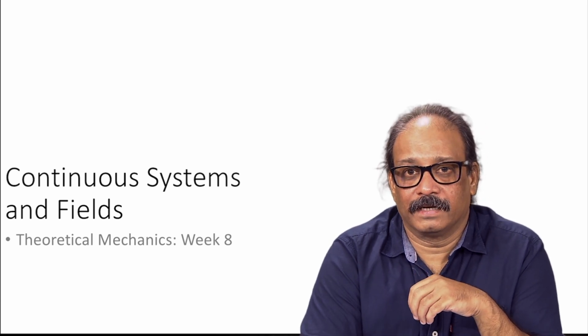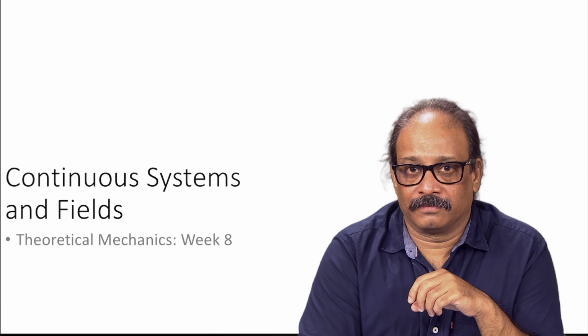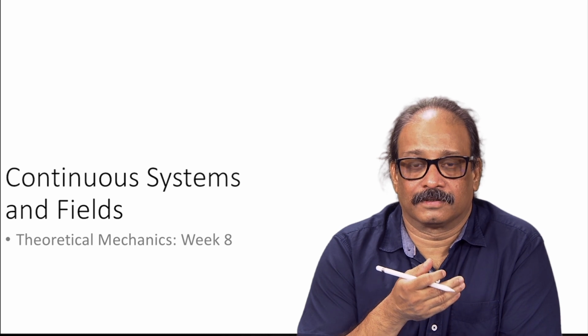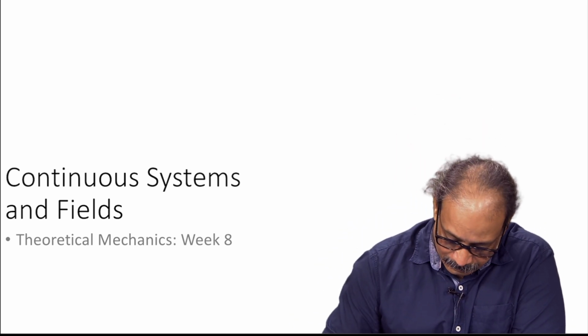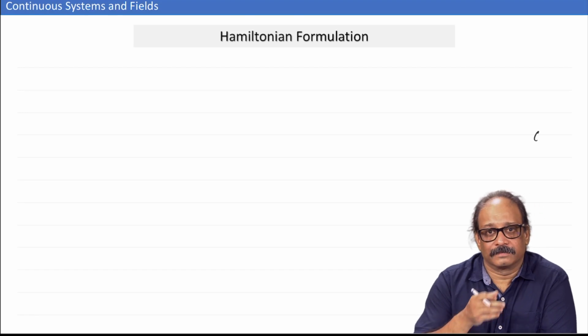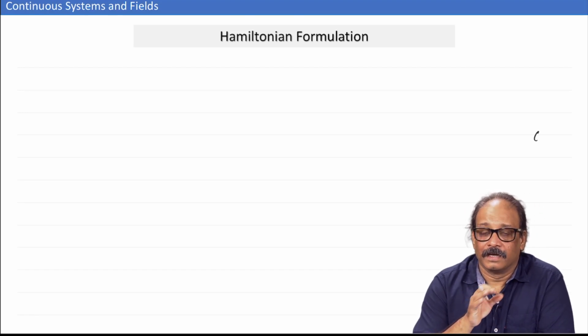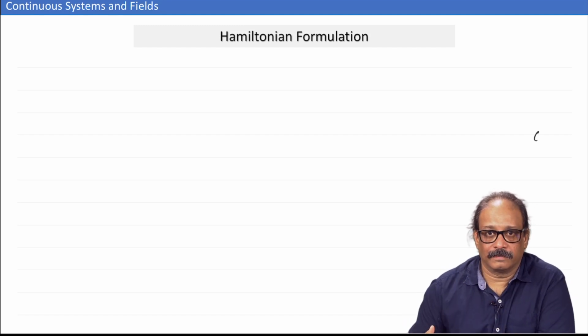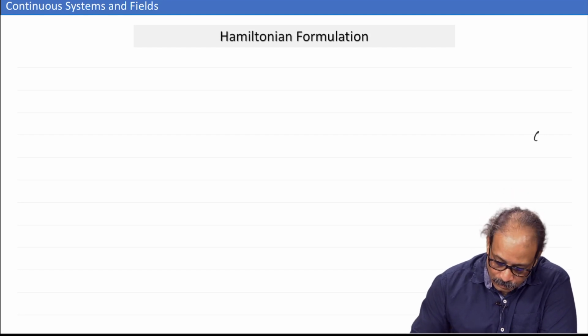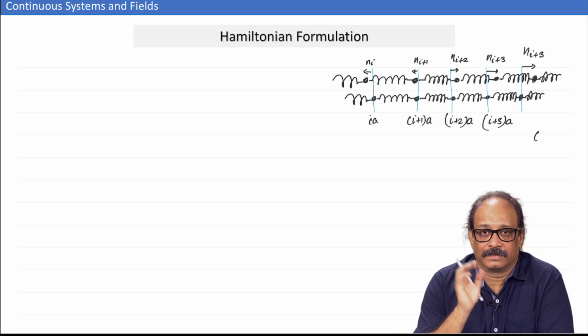But in case of fields, or in case of continuum mechanics, we will find that probably it is not such a great idea to use the Hamiltonian formulation. I will come to the individual problems that are associated with it, but we will anyway go ahead and construct the Hamiltonian formulation. Okay. So, let me start first, of course, by looking at the discrete system, and just like in case of Lagrangian, I took a discrete system and took its continuum limit, I will do the same thing here to derive the Hamiltonian formulation.